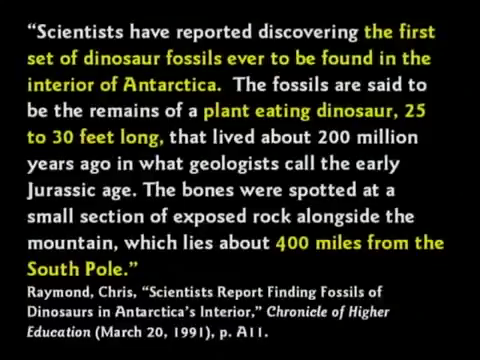Scientists have reported discovering the first set of dinosaur fossils ever to be found in the interior of Antarctica. The fossils are said to be the remains of a plant-eating dinosaur 25 to 30 feet long that lived about